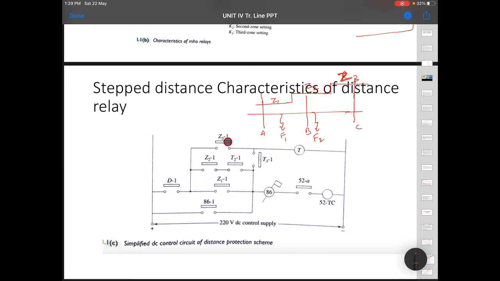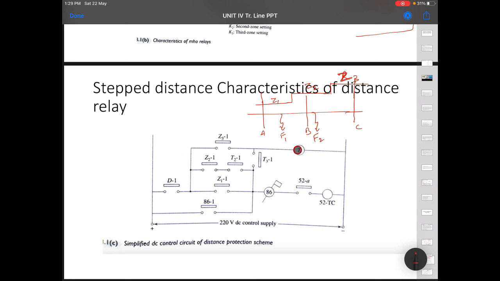When this operates, Z31 will also operate, but this will not operate. See, when Z21 operates, it means what? And of course 86.1 will also operate. So current will go from 86.1 here. It is not closed, still it is open, and this is also closed.